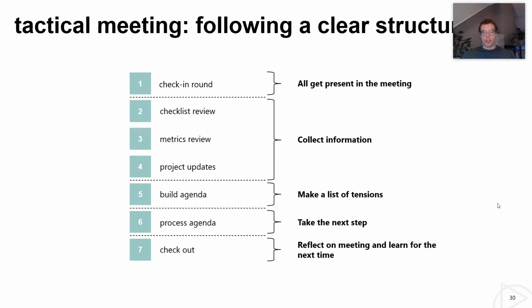Item number 4, project updates. That's a round again where everybody gets a turn to share the progress they've made and to give a quick update on the projects, on the work you have. So most circles have a Kanban board or a project board where all the projects are listed transparently,